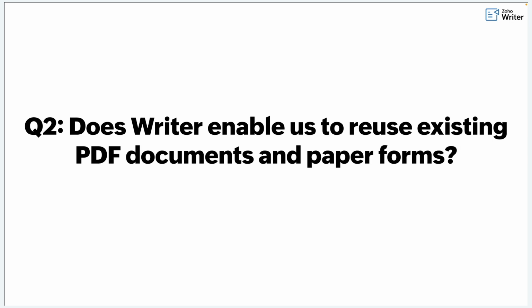Also, how easy is it to prepare those forms once they're loaded into Writer? Well, Zoho Writer uses an AI powered assistant to automatically detect form fields from the uploaded PDF and even adds labels into it. This means most of the form structure is created for you, saving a significant amount of manual effort and helping teams to move faster during transition while still keeping their familiar form layouts intact.